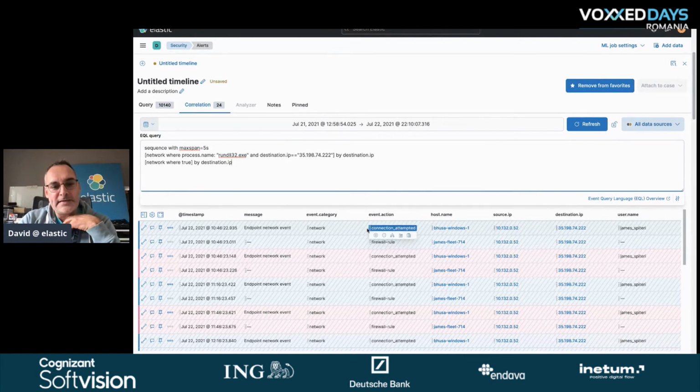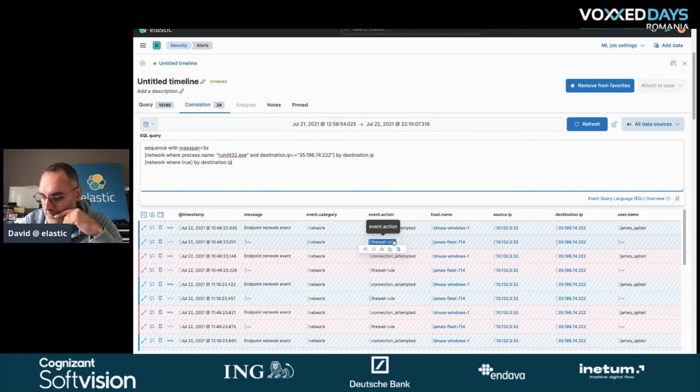And this is the case here. We can see that from our Windows machine, we are trying to open a connection, but we can see with the firewall here that this connection is actually successful and we are able to pass through the firewall. So that's super interesting to see.